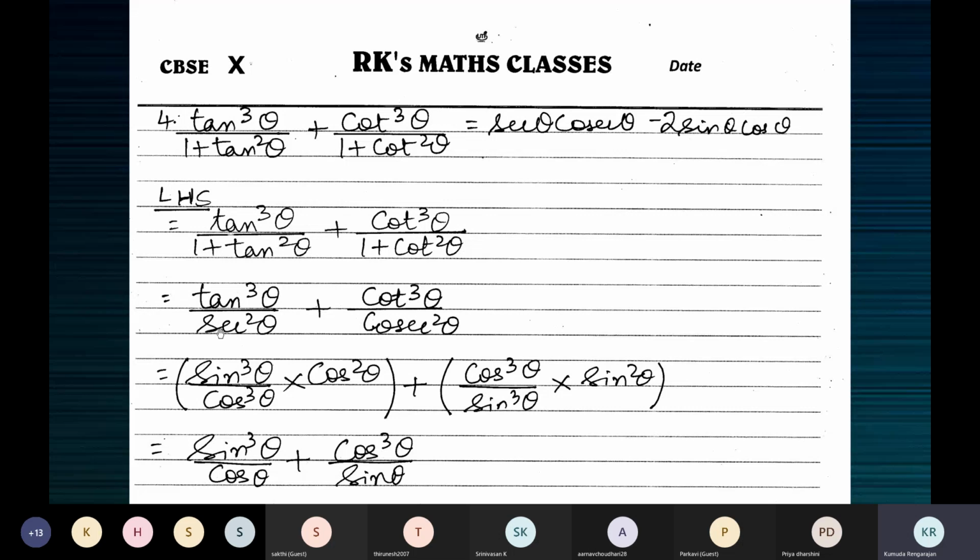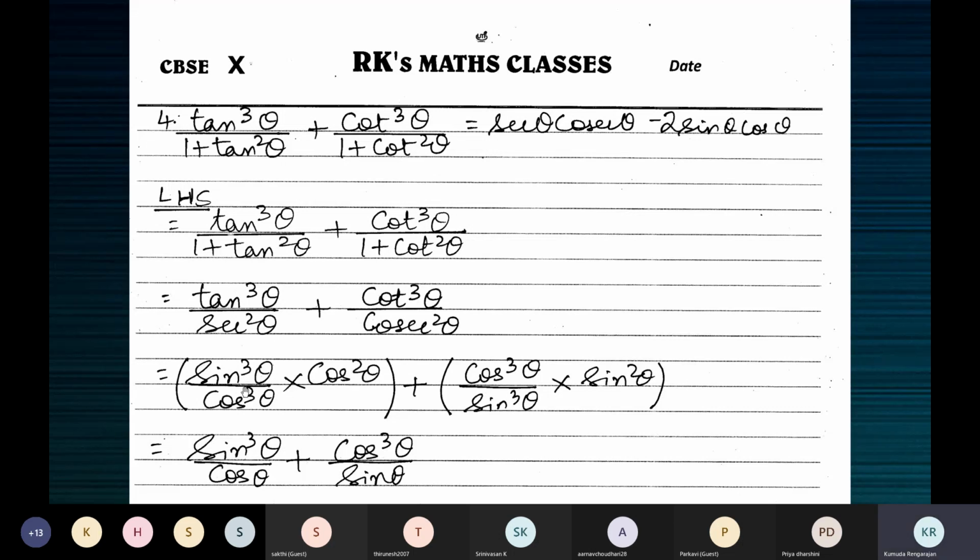And then this secant square theta, it's in the denominator, right? If you write it in the numerator, write it as its reciprocal. So that will become cos square theta. Otherwise also, children, if you feel why like that, what is secant square theta? It's 1 by cos square theta, and then it will come up to the numerator as cos square theta. So directly you can write this step.